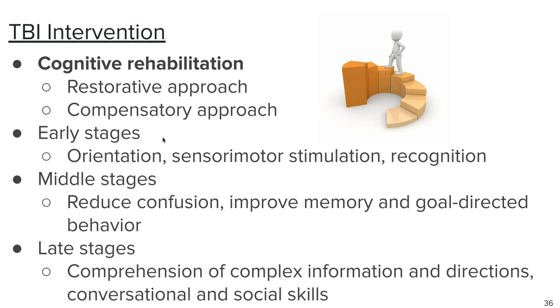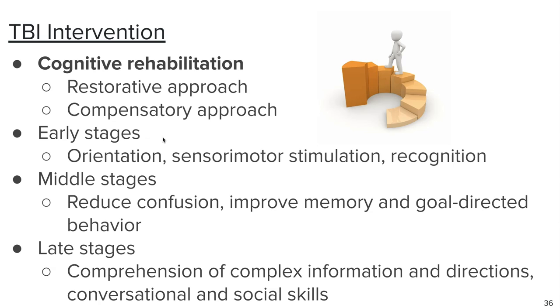Early stages of TBI, we're going to have orientation issues. There can be sensory motor stimulation needed, recognition of people, of objects, of places. In the middle stages, we want to try to reduce confusion. We want to improve their memory and their goal-directed behavior. So starting to think, okay, at the very beginning, just helping them orient, helping them understand, making sure they know just things like light and sound and touch. They can recognize people. Then in the middle, right, we're going to start thinking about, can we get these people back to school, back to work,